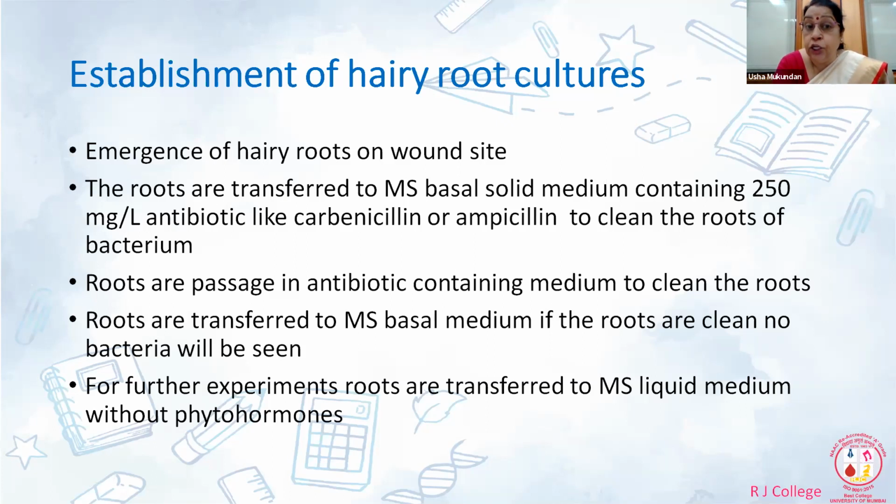Now, yesterday I showed you a video in which you saw how these roots can be subcultured and how you can maintain them in liquid medium. I don't know how many of you observed, there was a very beautiful plug. Instead of using a non-adsorbent cotton plug, they had used a sponge. Now this has two advantages: sponges can be designed to the size of the Erlenmeyer flask that you are using, and they can be washed and autoclaved.